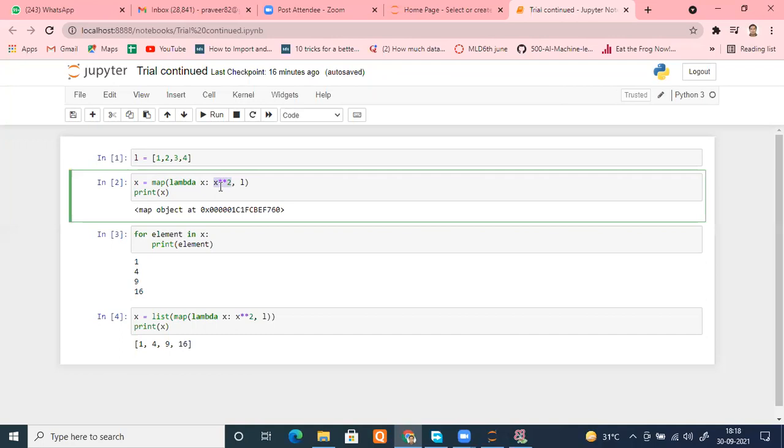So we are expecting x to the power 2. That is a square, and this is the symbol of square, exponential. This double star is known as exponentiation. Are you getting my point? This is known as exponential.